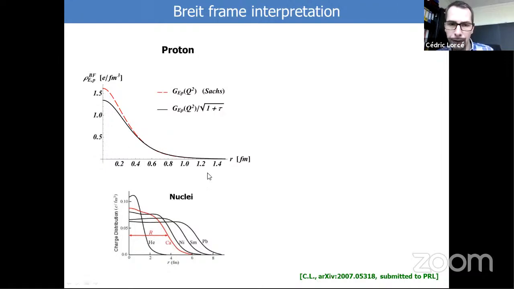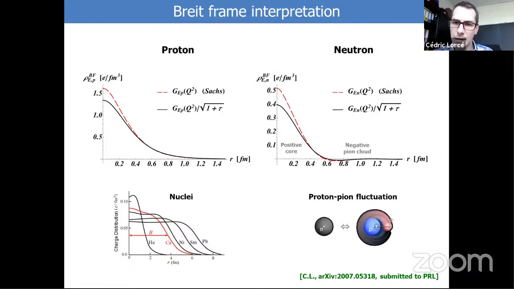If you do this for the neutron, well, this is the picture you get. So we know that the neutron has total charge equal to 0, but the charge density is not 0, which means that in some places the charge density is positive, and in other places it's negative. So it turns out that the center of the neutron charge density is essentially positive, and then the exterior or far region is mostly negative, and the integral over this and over all the angles gives you 0 because you have total charge equal to 0.